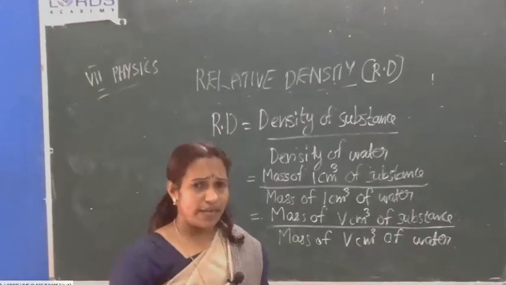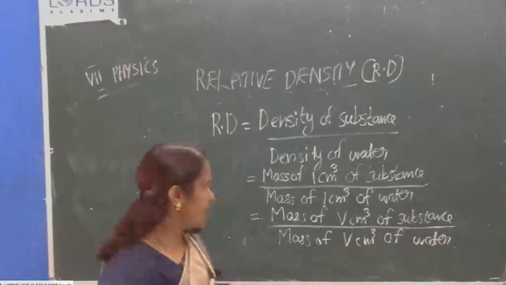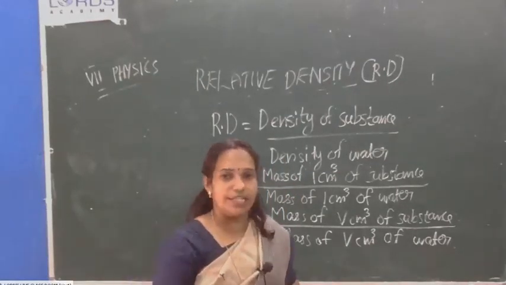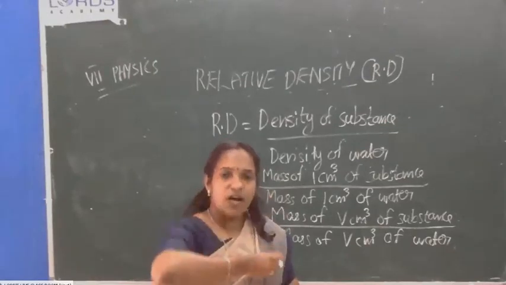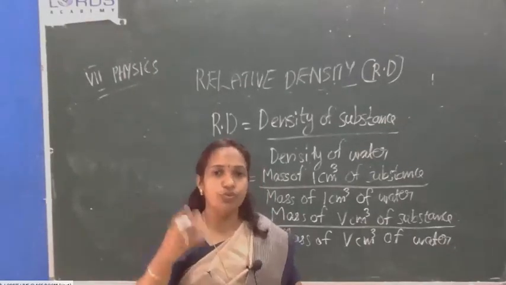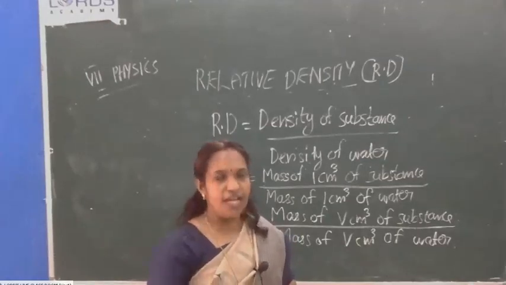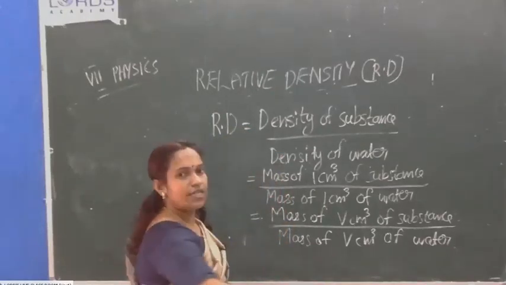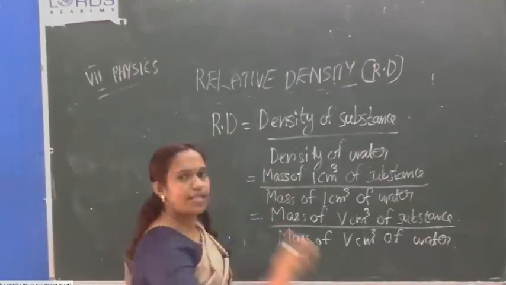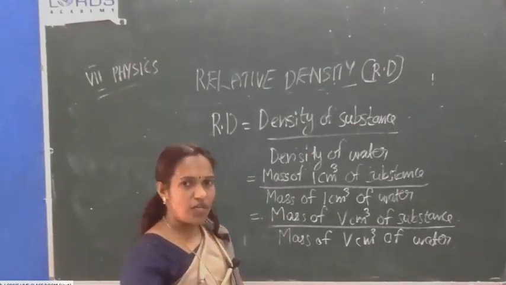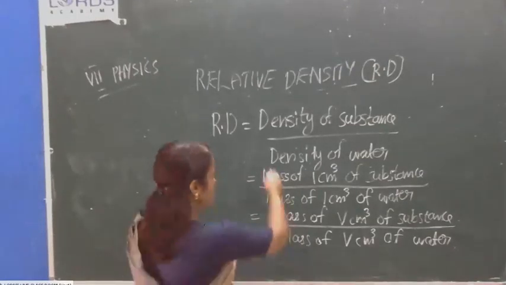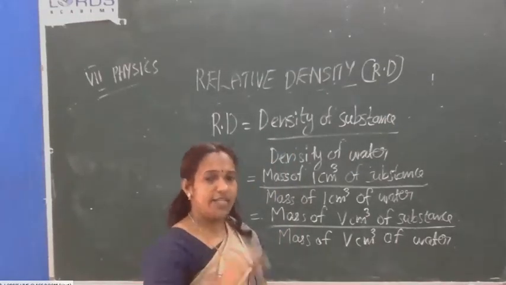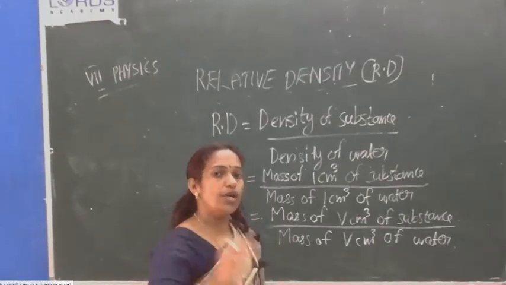Till here, okay. Then we have to get one more equation for relative density, because if some quantities are not given, we have to do numericals. So we have one more equation for relative density that we are deriving. Deriving means through the steps we have to get. In maths, you heard that word derivation. We studied the definition for density. Density is the mass of unit volume of substance.